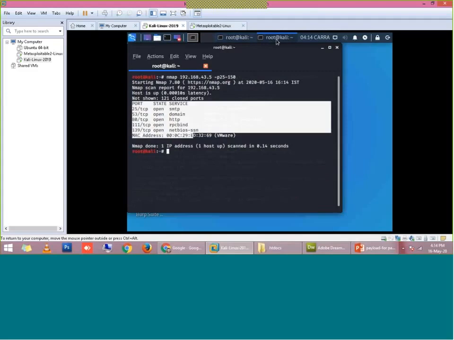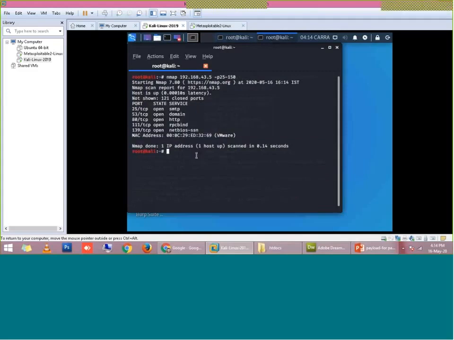Now the next command. Suppose I want to check on which systems in the entire subnet port 80 is open.